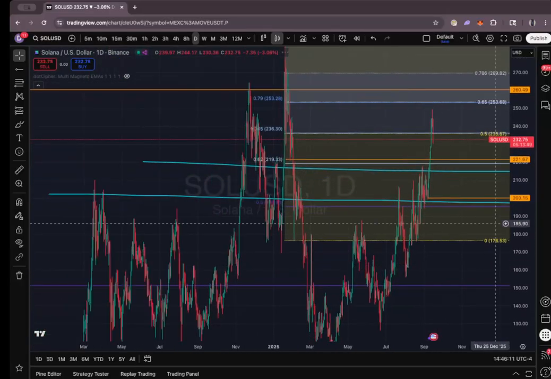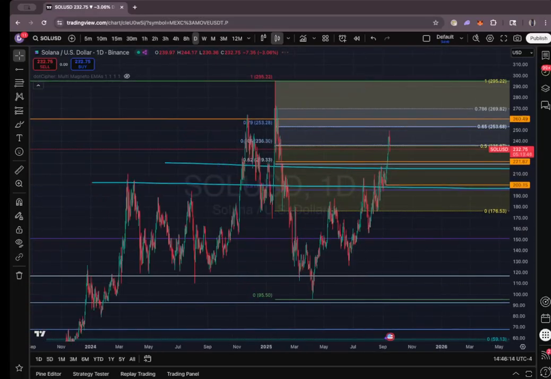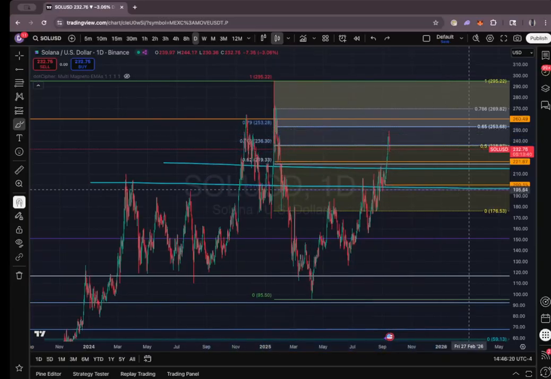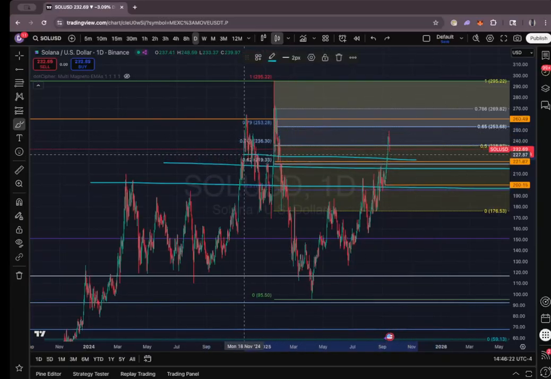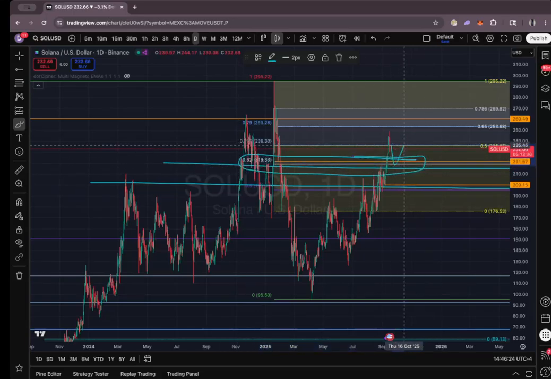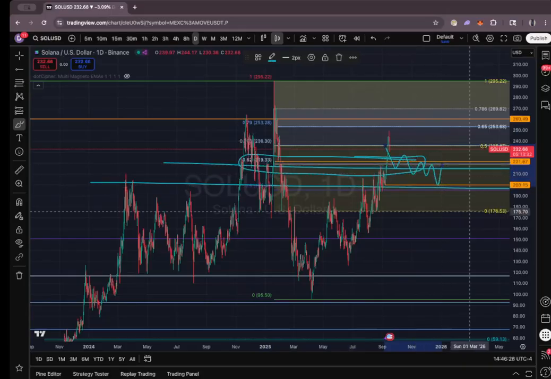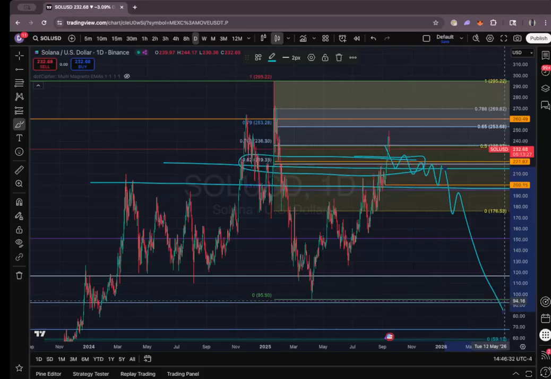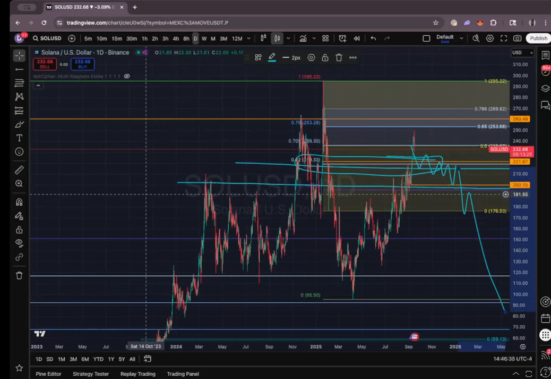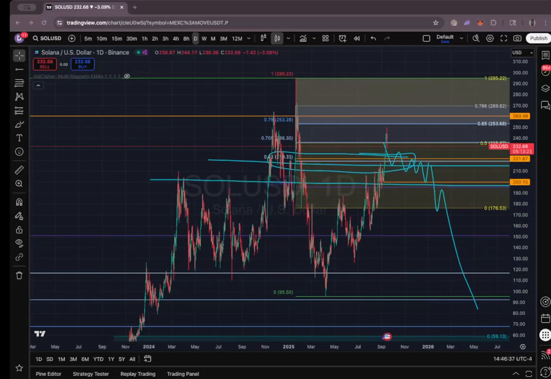I think this is a pure manipulation pump on Sol, right? And it's already closing below the 705 now. So if it closes under the 6.2 on the weekly and isn't able to flip it, if it just goes like this and consolidates, I'm gonna keep adding. I'm gonna keep adding to my short because it's gonna confirm that it's gonna go sweep those lows back down at $30. Cool. So hopefully that helps.